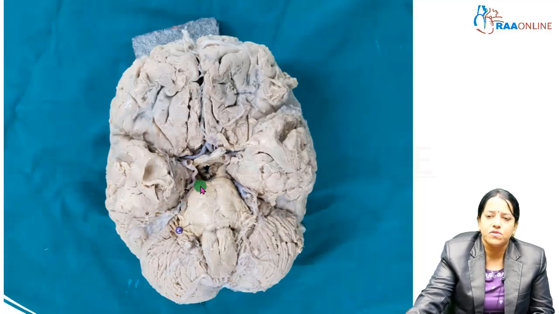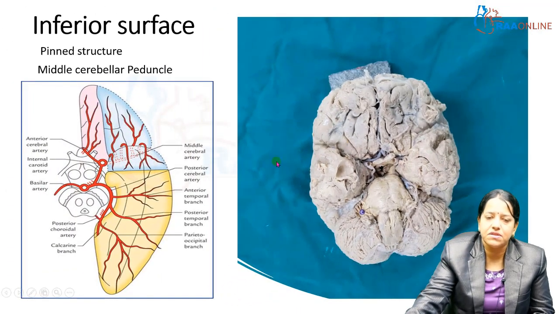Once we remove this part, that is, we make a section from the midbrain. So here is the medulla oblongata, then the pons, and above this is the midbrain. So we remove this part and remove the cerebellum. We can see the inferior surface of the posterior part of the cerebrum. So if you can see and compare this with this diagram over here, which is showing the inferior surface of the cerebrum only. So this part of the cerebrum is being covered by the cerebellum in the picture, and so